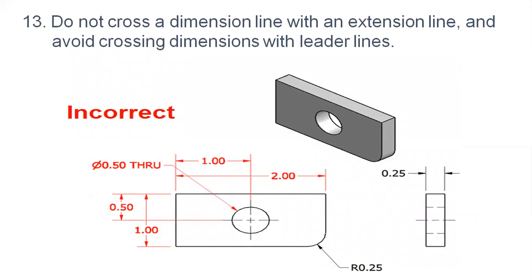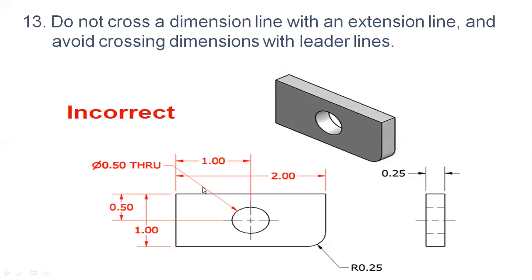The 13th rule is do not cross the dimension lines with the extension lines, and avoid crossing the dimension with the leader line. What is a leader line? Leader lines are used to show the dimensions of holes. The convention for the leader line is that it is always inclined 30 to 45 degrees with the baseline, shown with respect to the feature. You can see the 0.5 mm through is the diameter of the circle, that is, throughout the shape,